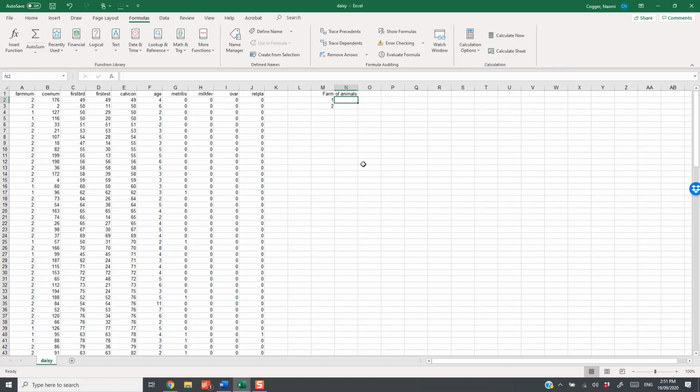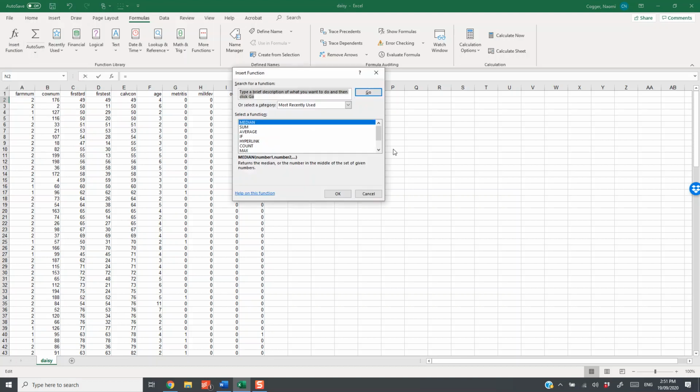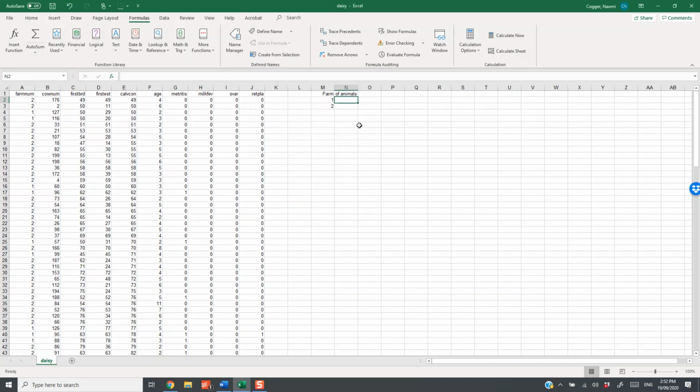A reminder, if you don't remember the syntax for a function, you can go up and use the insert function, and you could type in a description of what you want to do and see what comes up, but I do know how to use this function, so I am going to just type the syntax straight away. So I'm going to say CountIF,